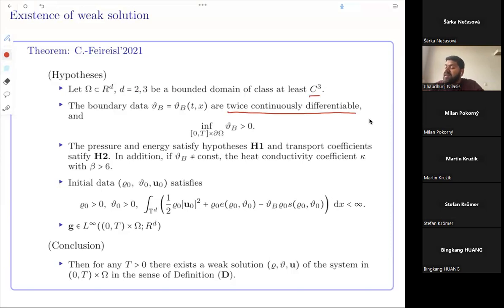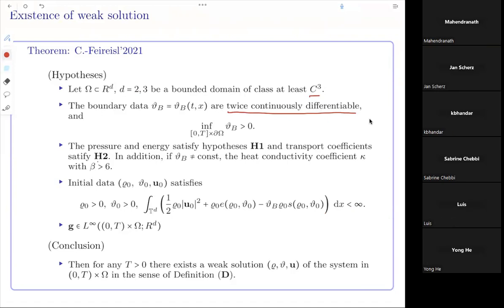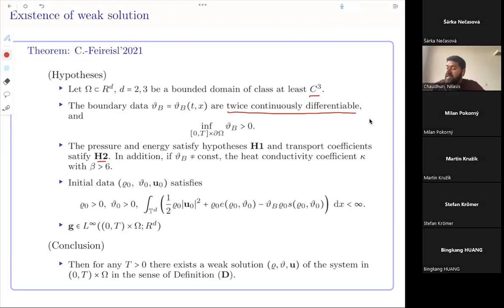So for the time being, I only consider twice continuously differentiable functions, such that their infima over the boundary is strictly positive. And then you always have this additional set of hypotheses on the pressure form, the entropy form, and the transport coefficients. And obviously, we have to consider our initial data is bounded in some sense, and the external force is in